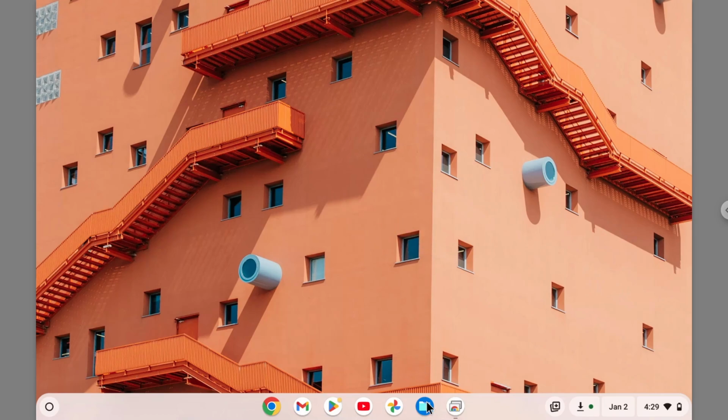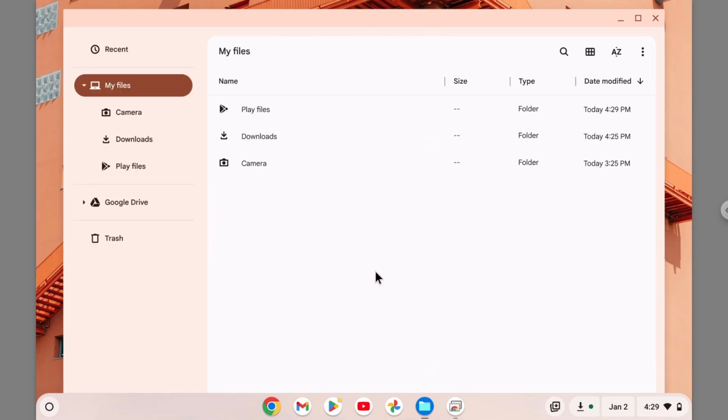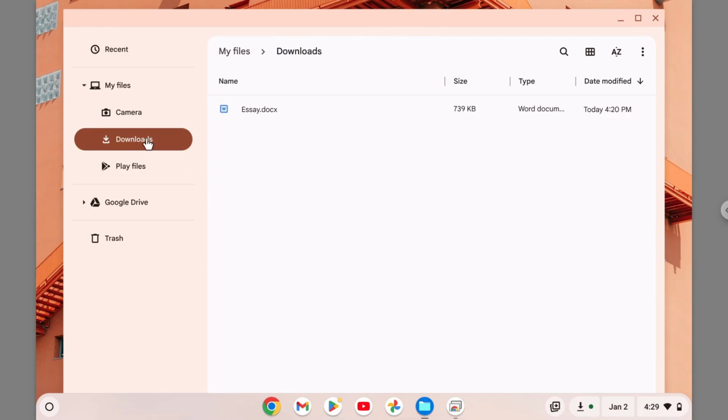First, I'm going to open the File menu. I'm going to visit the directory where I store the Microsoft Word file. It is located here in my downloads folder, and this is the document. You can see that the format is .docx, and the icon resembles the Microsoft Word format. Now, in order to open the file, you can double click on it